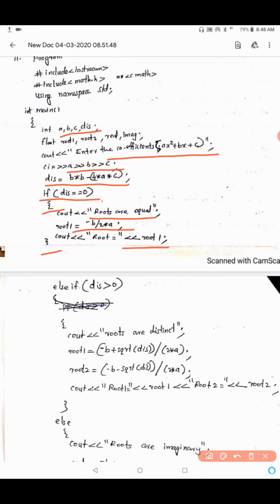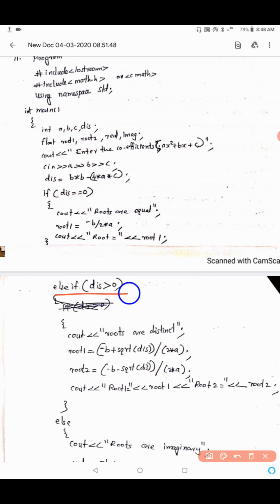If discriminant is not equal to 0, there are 2 options: either discriminant greater than 0 or discriminant less than 0. So next case we are checking, that is the discriminant greater than 0. Else if, you also have to open this bracket. That if else if structure we have learned, and using that structure we are writing this program. So else if discriminant greater than 0,